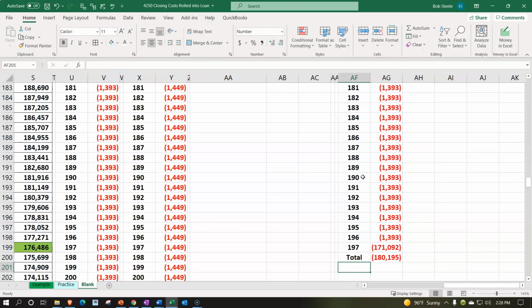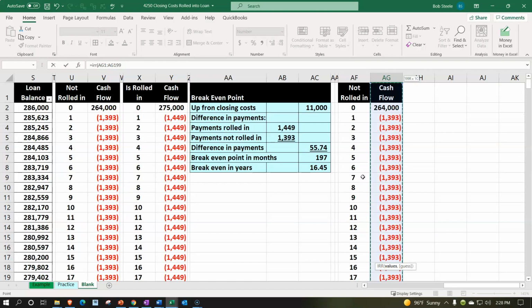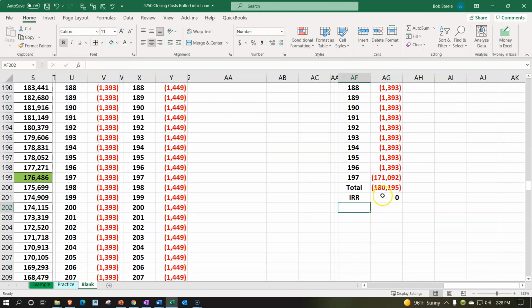And then we can take the IRR, which is going to be equal to the IRR of these, taking the IRR times 12. So it looks like that. There's the formula. Let's make that then a percent, add some decimals. So we're at the